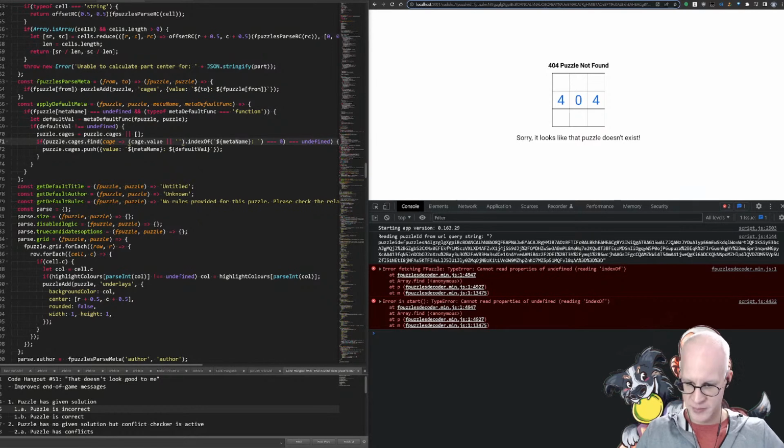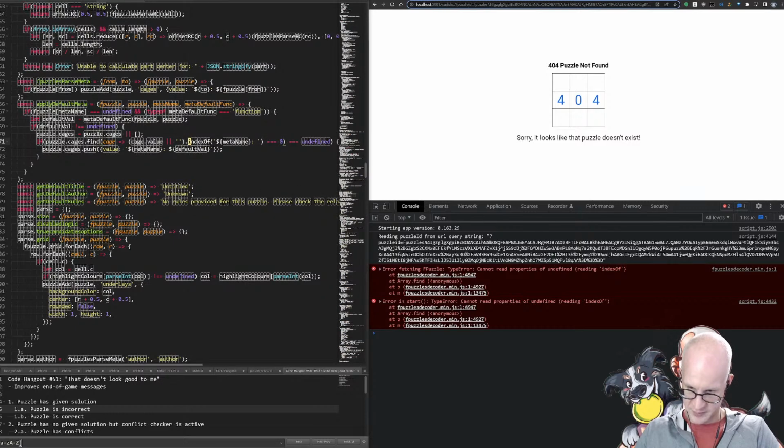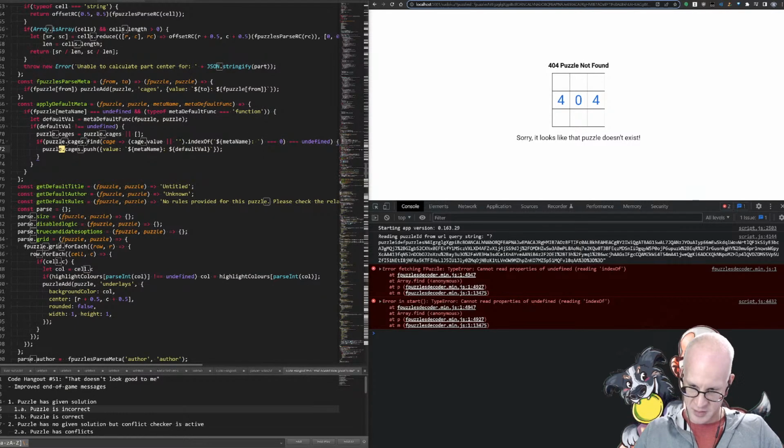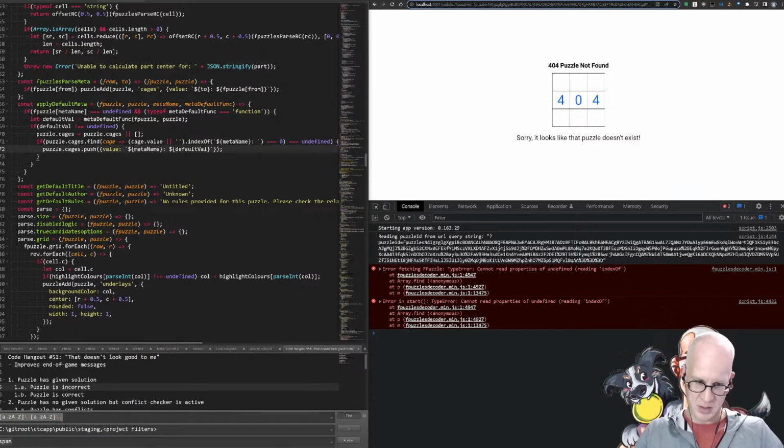If I can search for a set of digits, so A through Z, followed by a full stop, followed by that again. Like if I can search for that in the entire code base, nope. Like that.